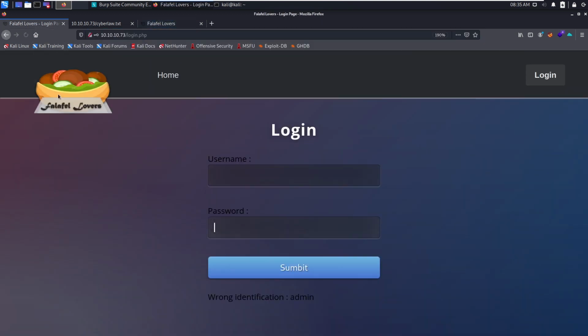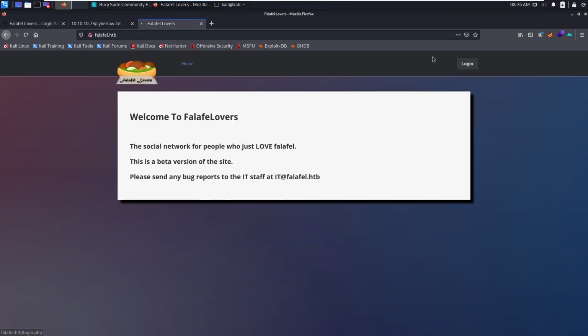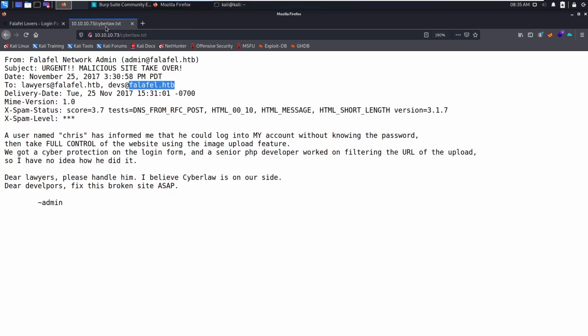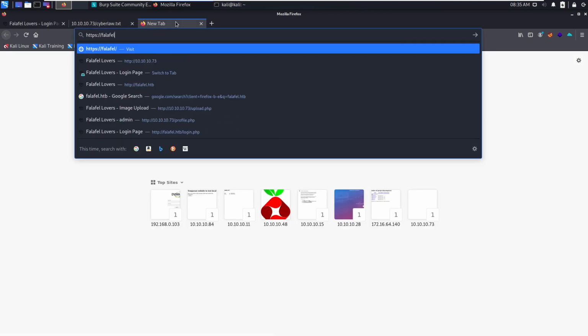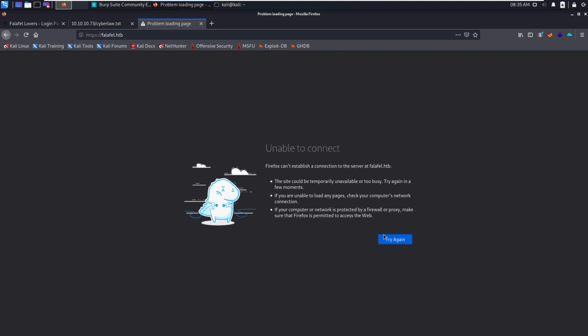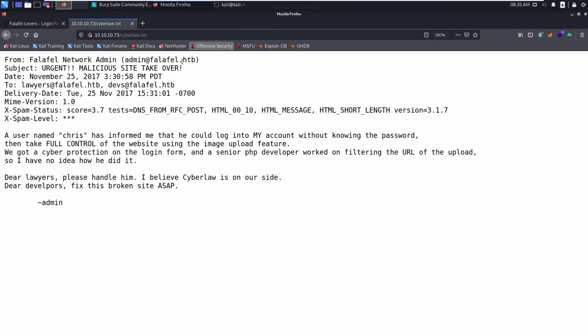Okay, it's the same page, right? You can see the login, so it's the same page. Let's try HTTPS. There is no page on that, so of course there is no 443 port open.